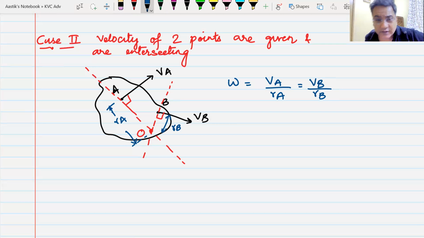Now remember here omega, the angular velocity about the center of mass, is not known. The velocity of center of mass is not known. What is known is the velocities of 2 points. Let us see how we can use this in questions and what type of questions can come. Remember, these questions may look tough, but I can't help it. They are what they are.